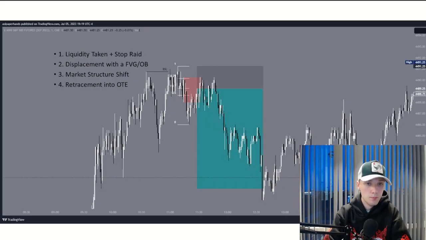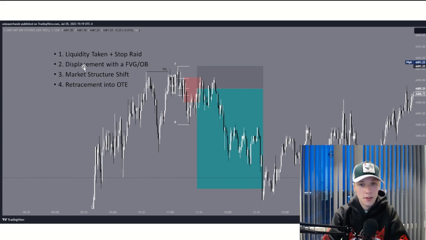Bam. All right. Again, we have the checklist up here so you can actually see what I'm talking about. But first of all, we have liquidity taken plus a stop raid. I am going to count this as a stop raid taken because I know for a fact we have higher time frame buy side liquidity just here to the left of it. If you watch Tactical Traders, you'll have external liquidity taken just below here. So this entire thing here would be a stop raid on higher time frames, that is. But for Tactical Trader viewers, this will be internal buy side liquidity taken plus this one or maybe two tick stop raid. So that's the first thing checked off the list.